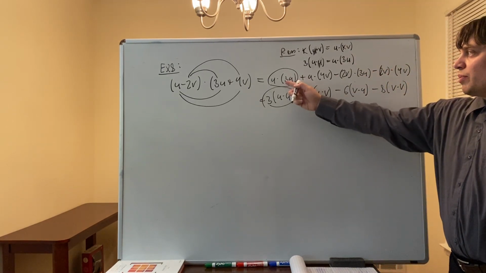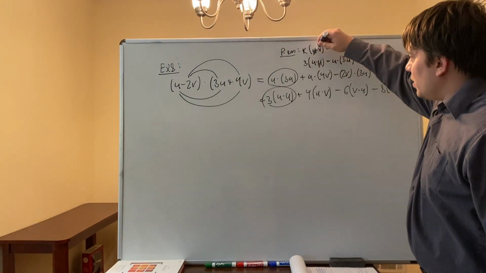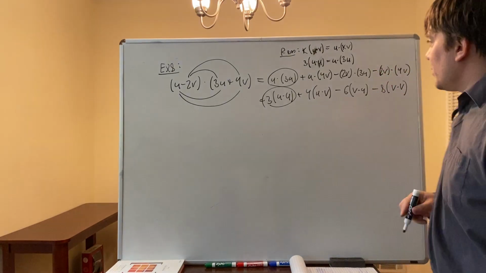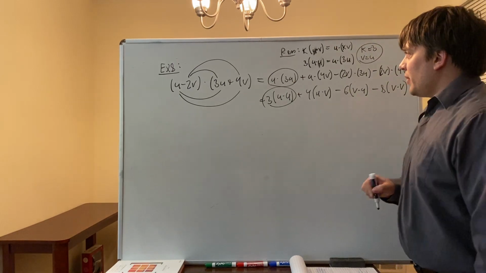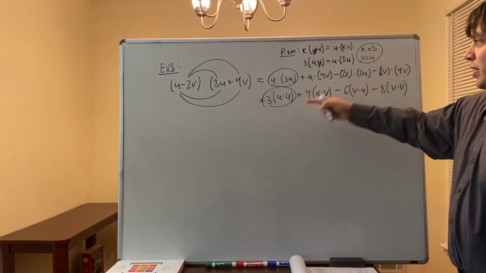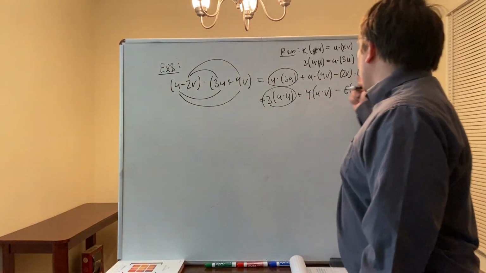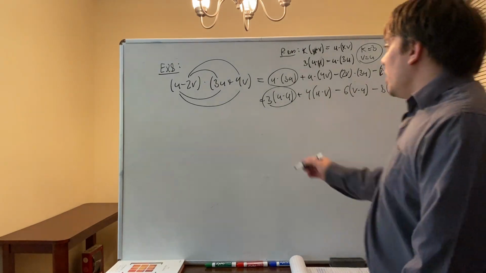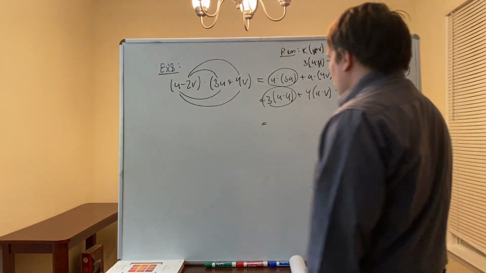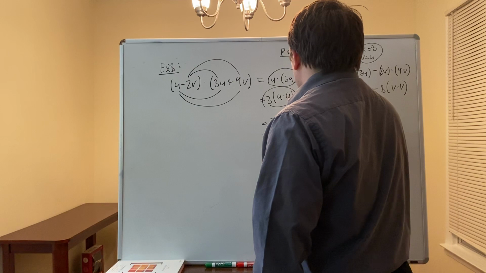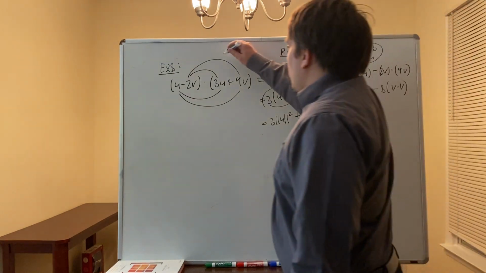And so saying that u dotted with 3u is 3 times u dot u is using this statement that k times u dot v is equal to u dotted with kv. And here k is 3 and v is u. And then plugging in k is 3 and v is u in that statement, we get that this thing is that. And so you can substitute this with that because they're the same. And you could do a similar thing for the rest of it. So now we get this statement here. u dotted with u is the norm of u squared. Okay, so this is 3 times the norm of u squared plus,